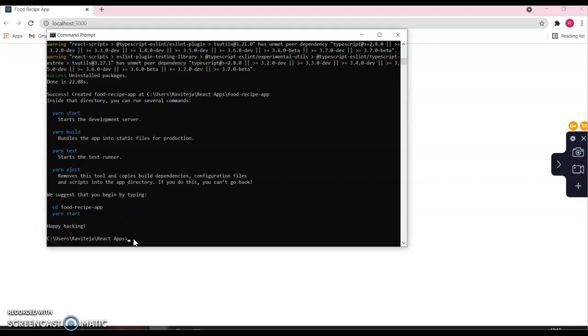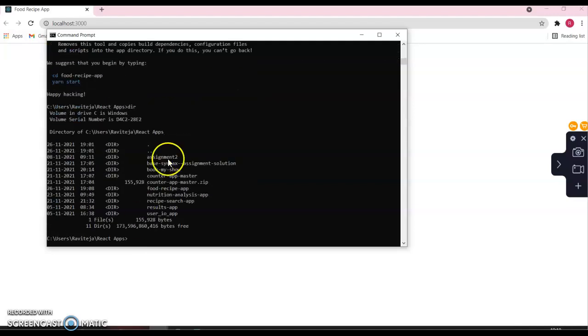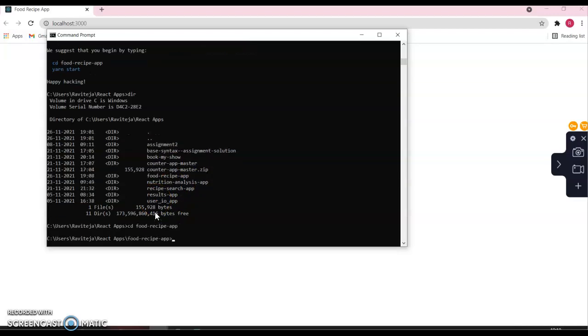To start the development server, we need to navigate to the folder where we have created it. Let me see what projects exist in the React apps. We have these many apps present, and let me navigate to the recently created app, that is food recipe app. Now I'm at the correct destination, and to start the development server we need to use npm start.